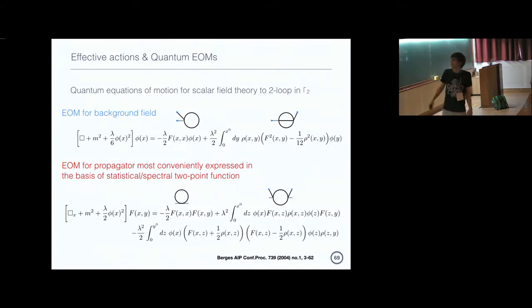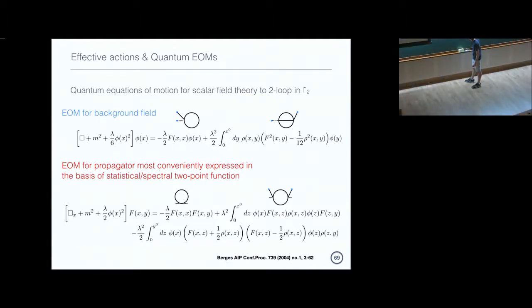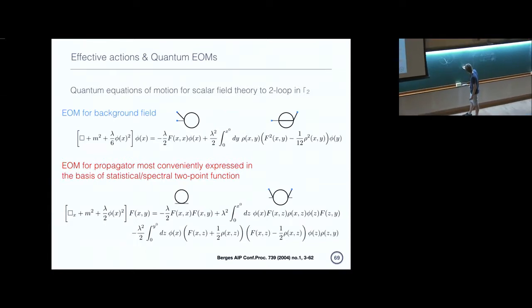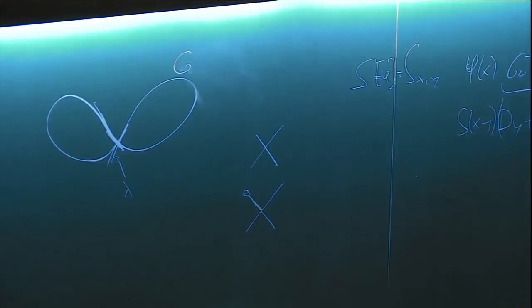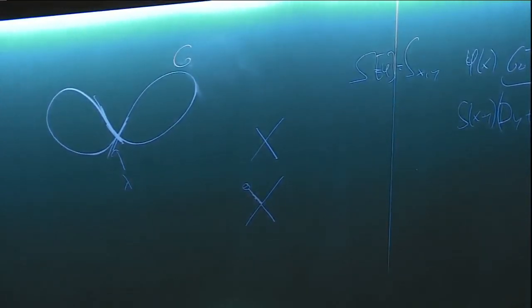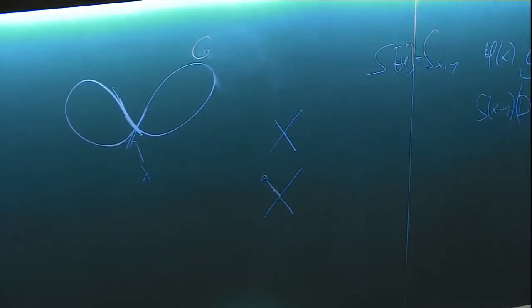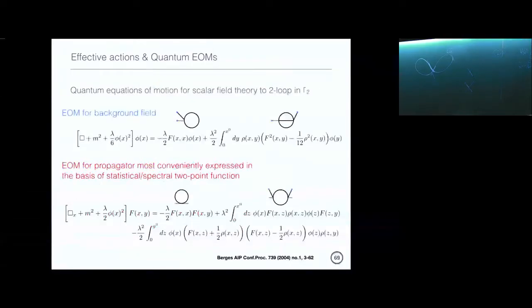So in the presence of a non-zero background field, you not only have the bare vertex to which you can attach propagators, but you also can attach a field insertion to this, and then you have an effective 3-point vertex. That is what appears in the first diagram. So that would be the field now coupling to the fluctuations in the system. But that's still a local term. By local, I mean that all the time and space arguments are evaluated at the same position as the field itself, right?